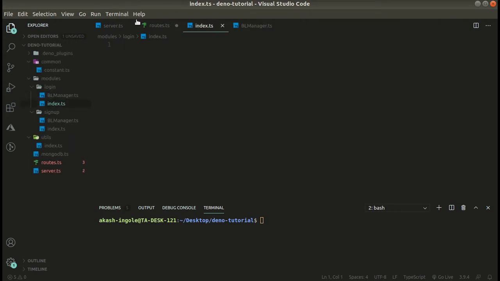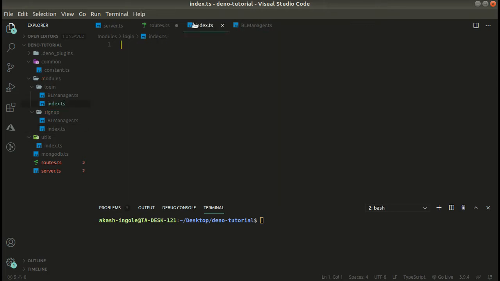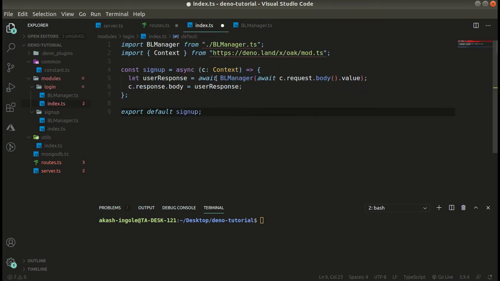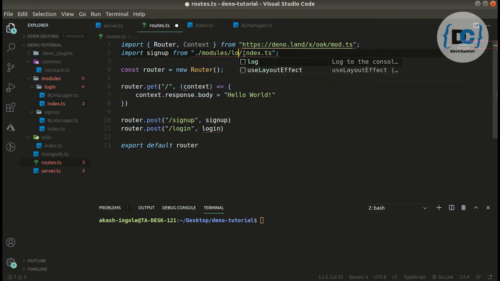And what I will do, I will copy the same code and paste this over here. Now we can get that from login index.ts.